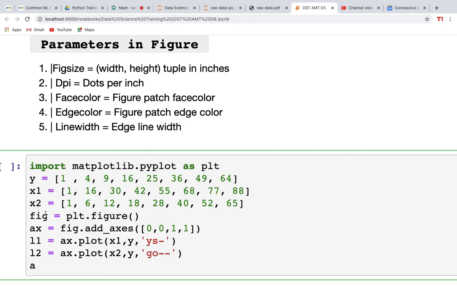Just write ax dot legend. See guys, again I'm saying legend is for the labels, you get it there, right? Like in the graphs to understand it better. So once you are using legend, you will have to write the labels. Okay, so let's write it as labels equals to